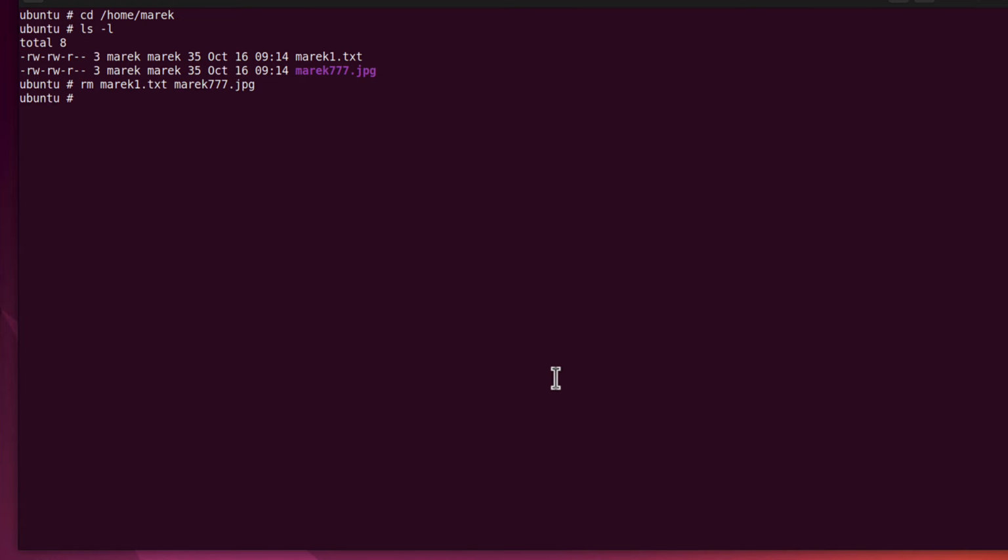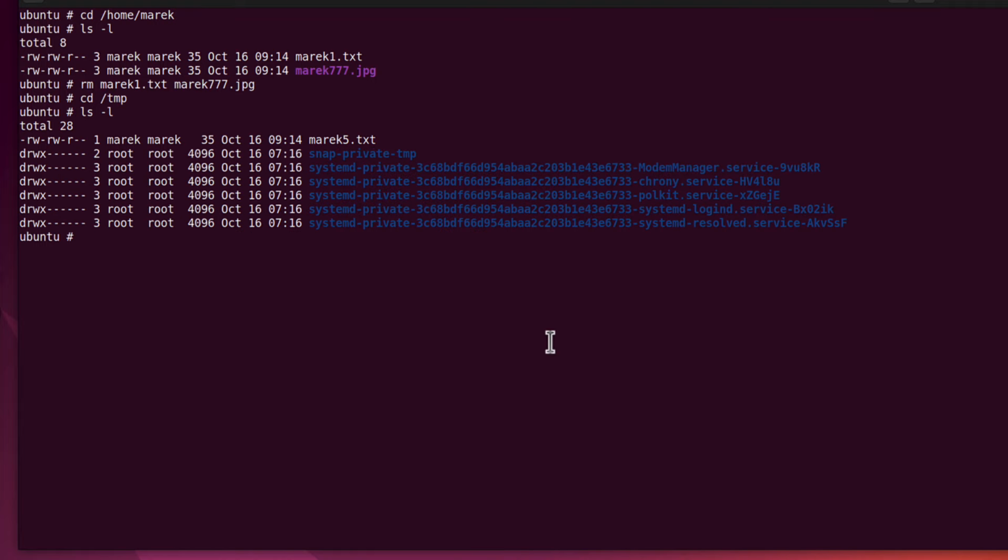Now the question, have I removed the physical file on the disk? Well, no, I haven't, because we still have one hardlink entry in the temp folder. If we go back to the TMP folder and we run ls -l here, we see that marek5.txt file name, and we can see the number of hardlinks dropped to 1, because this is the last existing hardlink that points to the regular file inode. And if I run cat marek5.txt, we can see the information is still available for me